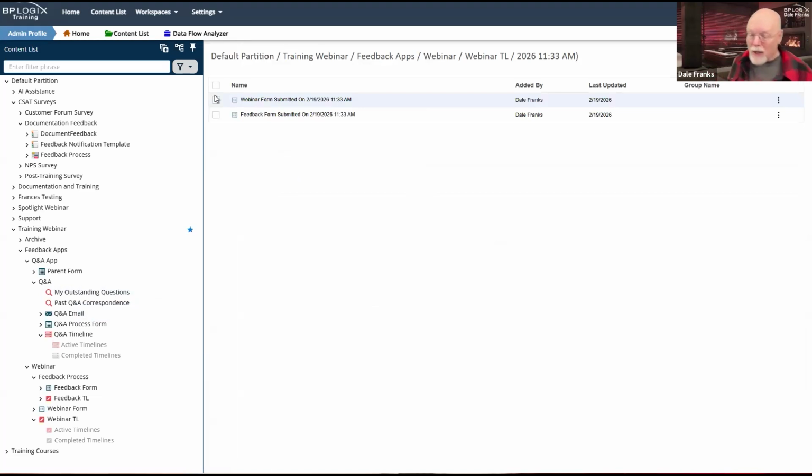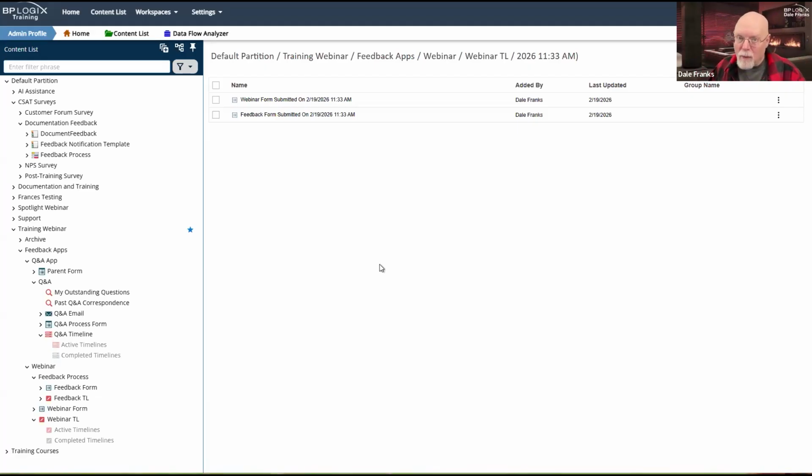Also, when I go to my timeline, I got 2 different forms attached to my parent timeline because my sub process form automatically gets imported back into the parent process so that I have access to both of those forms. The same thing would happen with attachments if I had configured attachments to be shuffled back and forth.